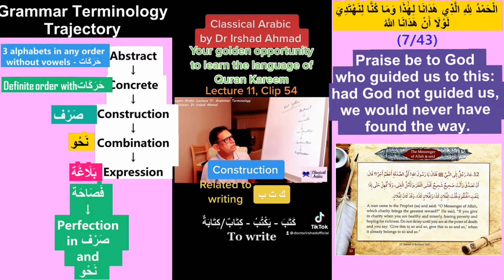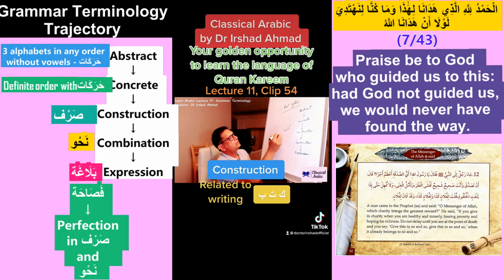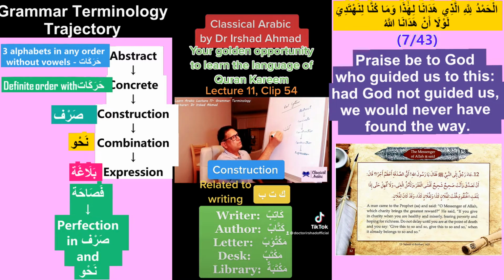So what we do is we take a root, and then we start making different words from that root. So if we take Kataba, I think I've already made some words from this root. Kataba is he wrote, that's the past tense. Yaktubu, he writes or he will write. And then we can use this pattern, Fa'ilun, we have Katibun,